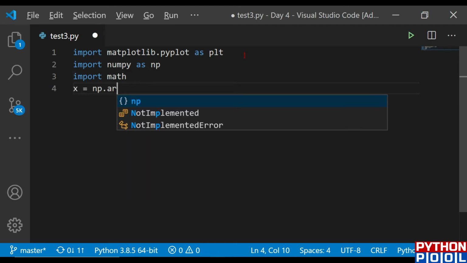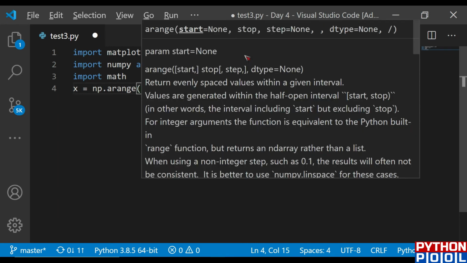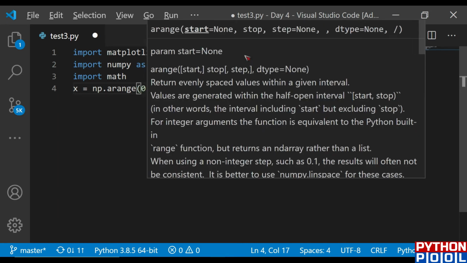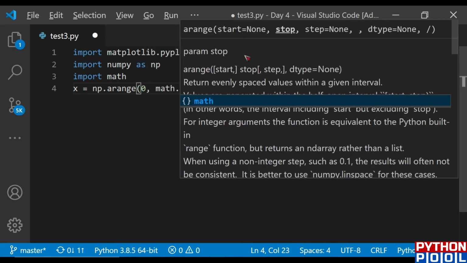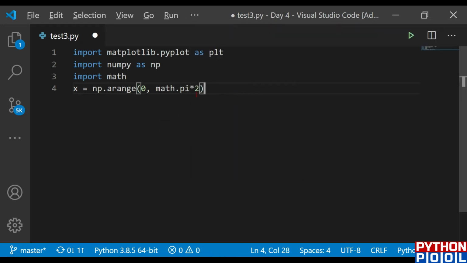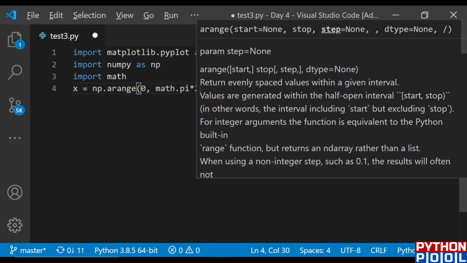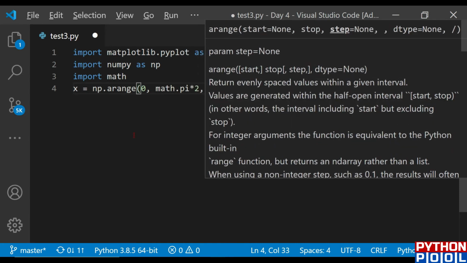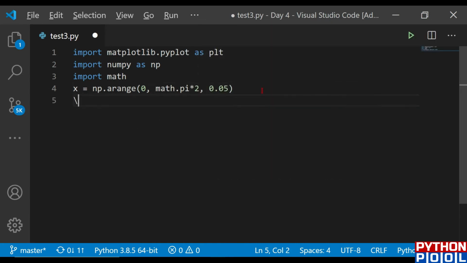Let me arrange the levels for my graph. Let me call pi from the math module. So my sine would be from 0 to 2 pi with an interval of 0.05.